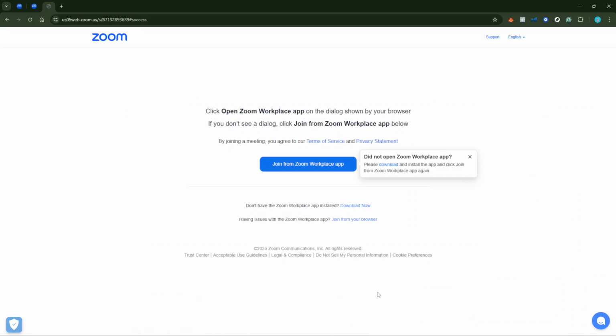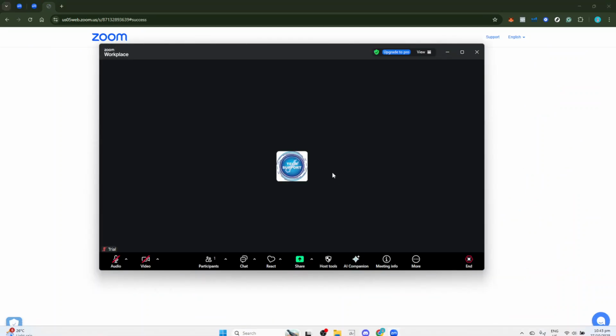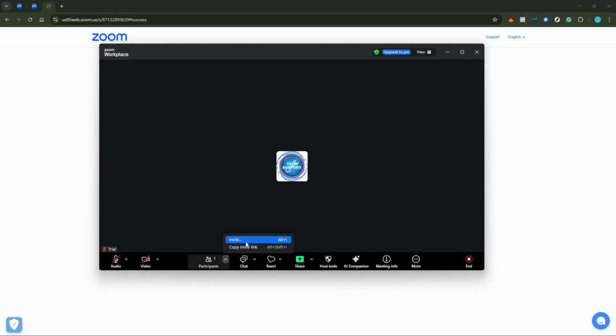The next step is to invite your participants. Click on the Invite button, which allows you to share the meeting link or meeting ID with those you wish to join. This can be done via email, messaging apps, or directly through Zoom. It's a good practice to send out invitations well ahead of the meeting to give your participants enough time to